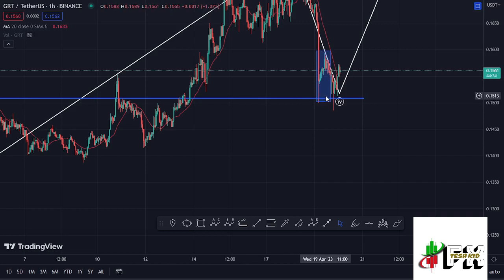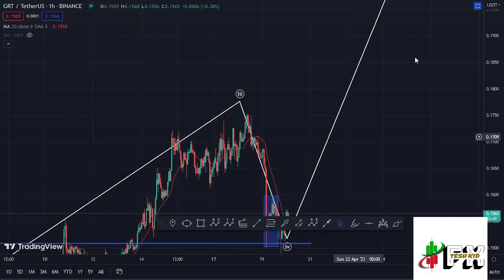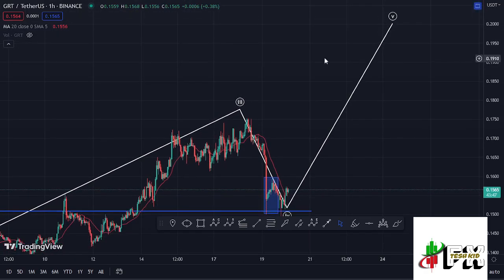And you can see that we managed to get into that area, though we didn't see any close below that area or maybe within that area. We just have long wicks to the lower side into that target. That is that area, that is the wave 1 high, and that means that we still have the chances of saying that this is still a valid Elliot wave structure, even though we have seen a long wick into the wave 1 territory. And having that in mind, there are now high chances that soon we are going to continue gearing up in the formation of this wave 5 to the upper side, which we expect after seeing the formation